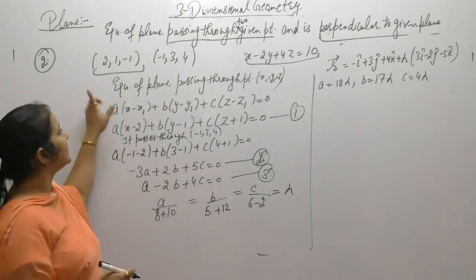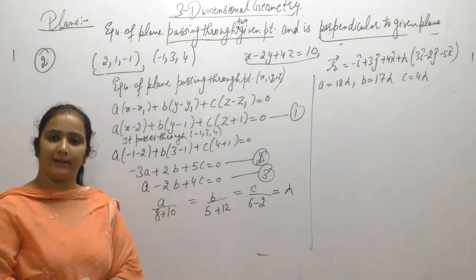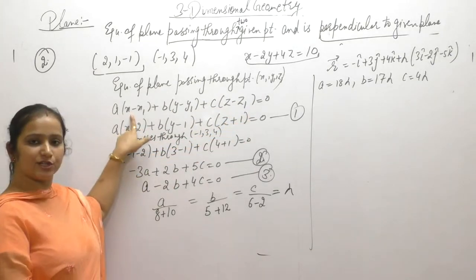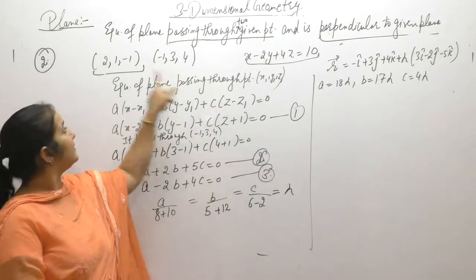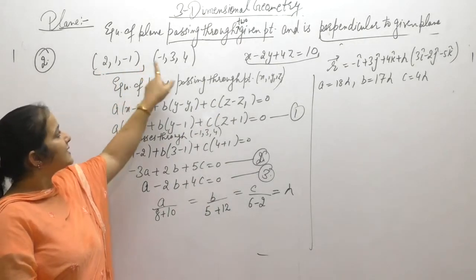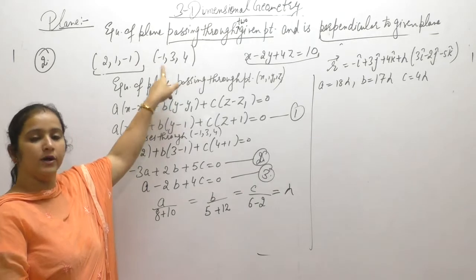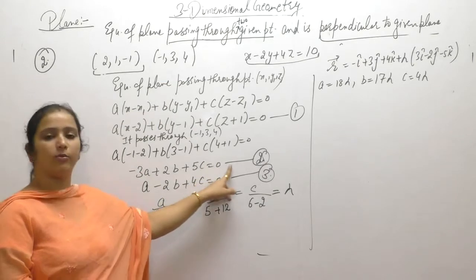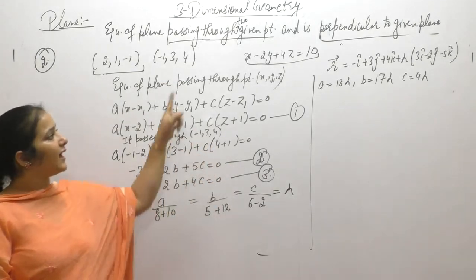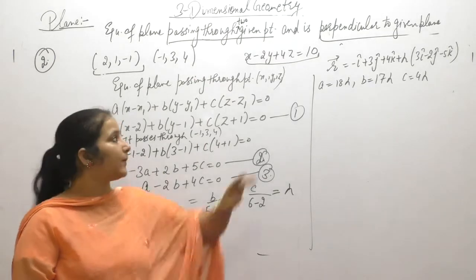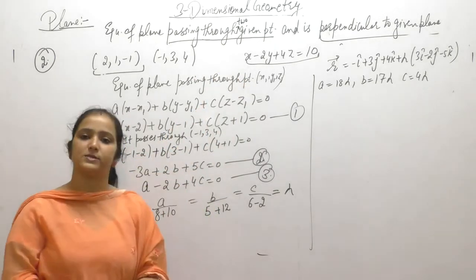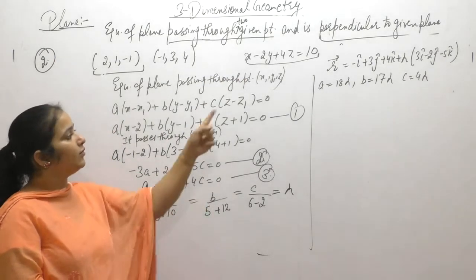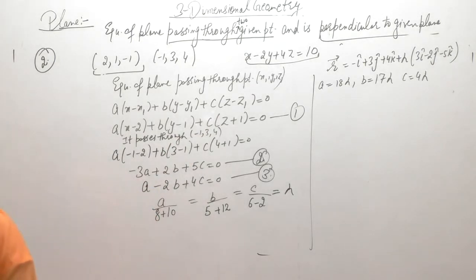सबसे पहले हमें क्या गिवन था? इस पॉइंट में से इक्वेशन ऑफ प्लेन पास कर रही है. So if the equation of a plane passes through one point, the general equation is this. Now we put the value of x1, y1 and z1. After that it is given the plane passes through this point also. So instead of x, y, z we put these values and we get the equation in the form of a, b and c. After that it is given the required plane is perpendicular to this plane, then a1a2 plus b1b2 plus c1c2 equals 0.